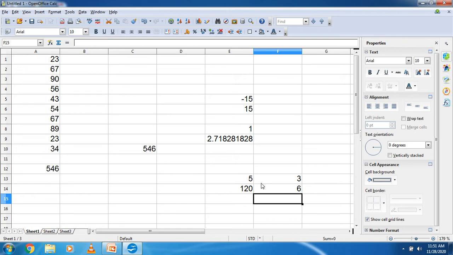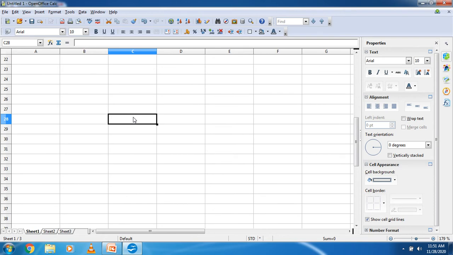So student, if you want to check the log of any number, suppose I am writing number 8, for that you will write the function name equal to LN, bracket open, select the number, bracket close, and enter. So this is the value of log of number 8, that is 2.079441542.